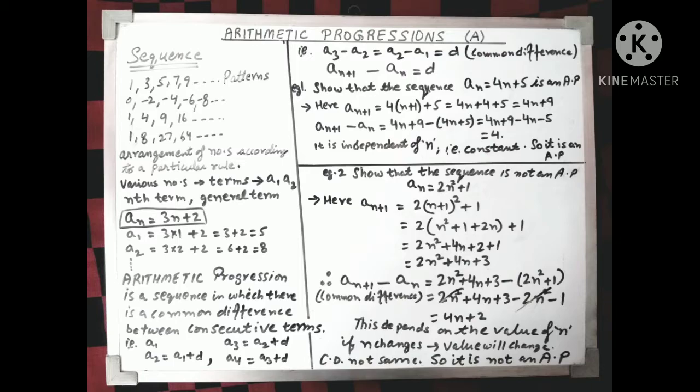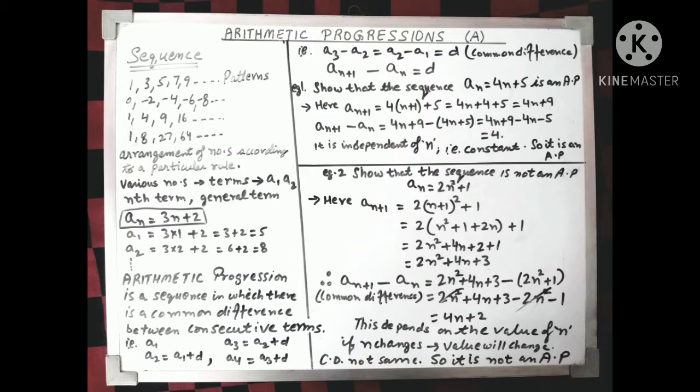If you observe this very carefully, in the first one you will find that there is a difference of 2. 1 plus 2 is equal to 3, 3 plus 2 is equal to 5, 5 plus 2 is equal to 7, and 7 plus 2 is equal to 9, and so on. In the second we have 0, -2, -4, -6, -8. That is, we are adding -2 to each term to get the next term. These different numbers are known as the terms of this particular sequence.